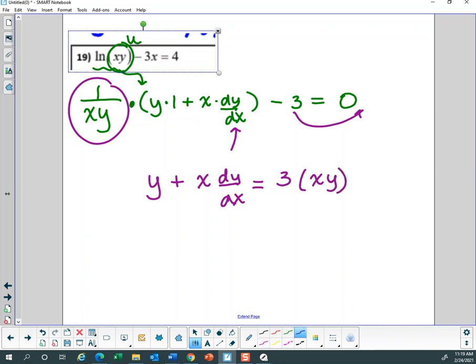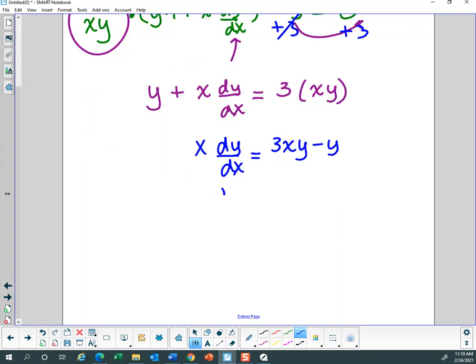So if I add 3 and then multiply by xy, I'd have x dy dx equals 3xy minus y. So dy dx would be 3xy minus y over x, which is 3, no,